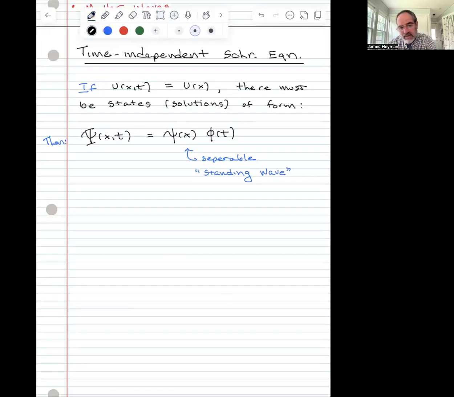Now, if we take this solution and plug it back into Schrodinger's equation, we'll get a really interesting result. I'm just going to tell you the result now because this is the case for our class where the answer is a lot more important than the derivation that leads to it. Okay? We'll talk about the solution now, but then in another video, we'll talk about how it was derived. Anyway, so if one plugs a separable solution back into Schrodinger's equation,